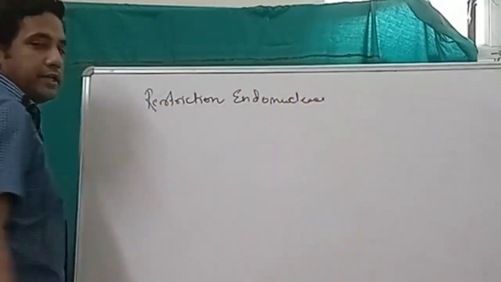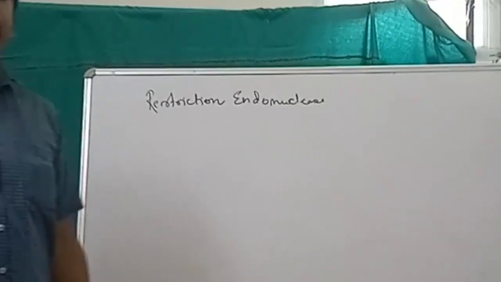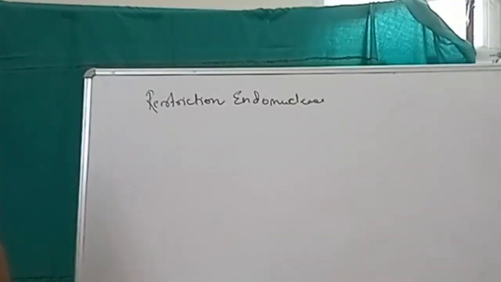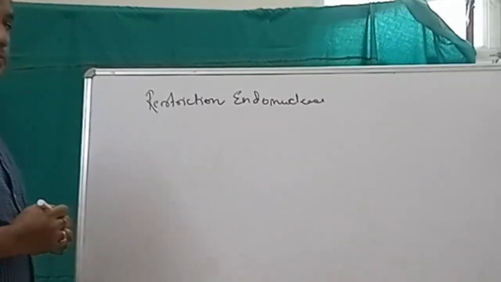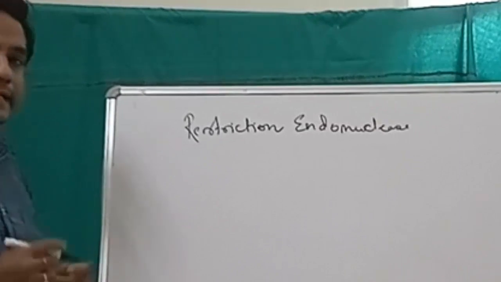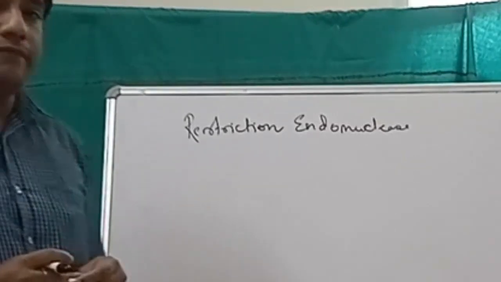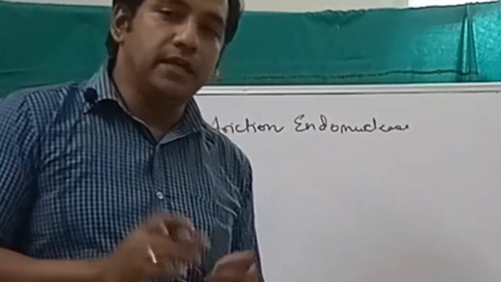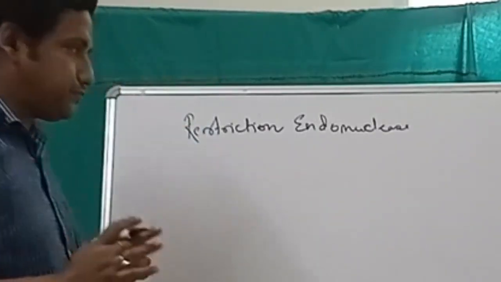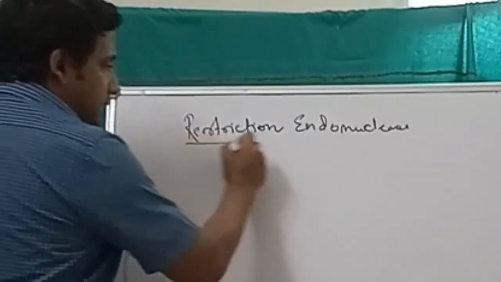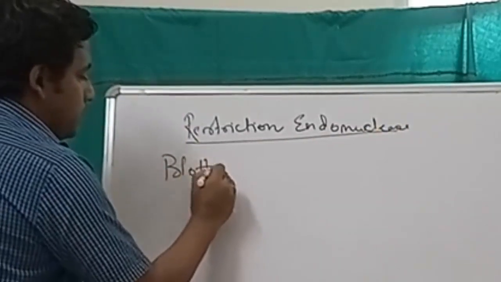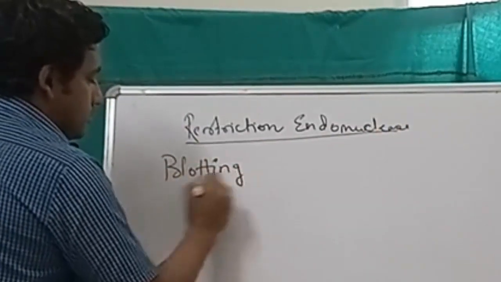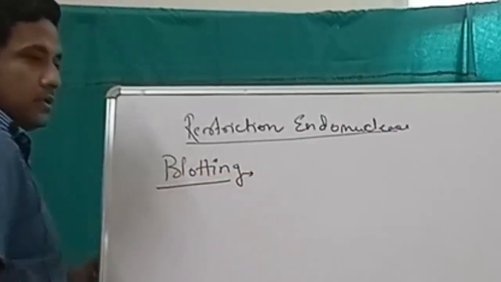It was a very important discovery and it helped us find newer ways to undertake various techniques related to molecular biology. These are mainly known as molecular scalpels, and they can cut DNA fragments at definite specific sequences, right, that you know. Keeping this in mind, let us move to blotting then. What is blotting?